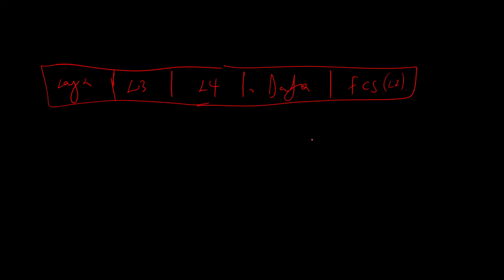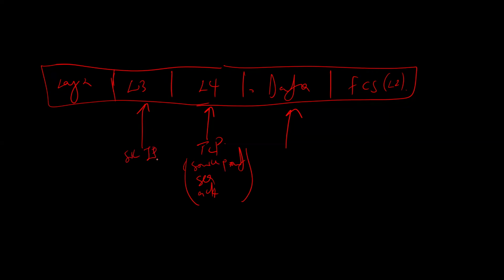Right. The information here includes our data, including our layer 4 protocol. Let's say we're using TCP, including our layer 3 headers. In TCP, it means we have the source port, destination port, sequence numbers, acknowledgement, and header information. Then at layer 3, we have the source IP, destination IP, and all the header information. And here the source MAC.